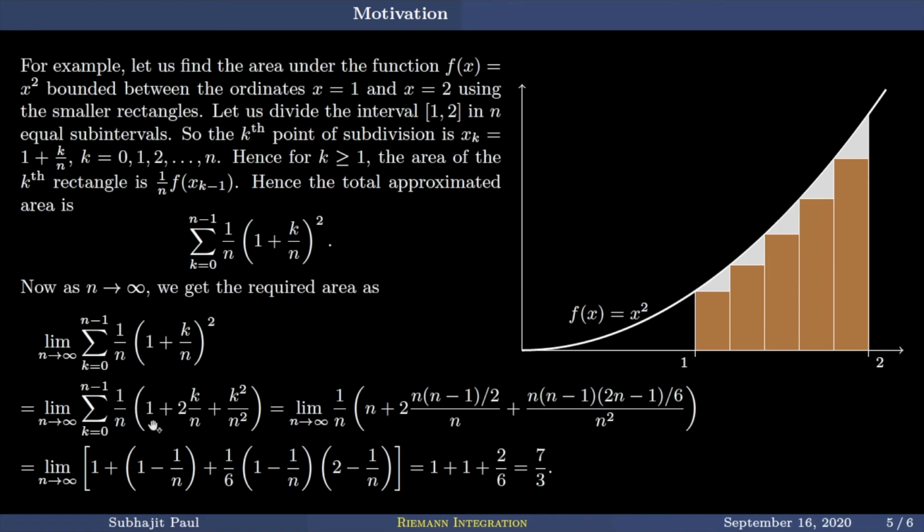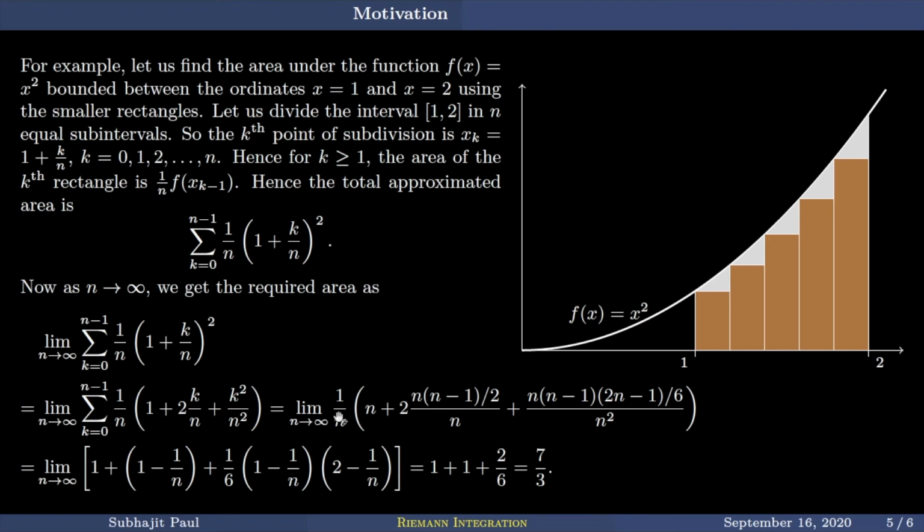So this is 1, a constant, and you are adding that constant n many times. k runs from 0 to n minus 1, so it starts from 0 and goes till n minus 1. So there are n many values of k. You are adding 1 n many times, so that makes you n. Here, 2 by n is constant. k is running from 0 to n minus 1, and you are adding all those k.